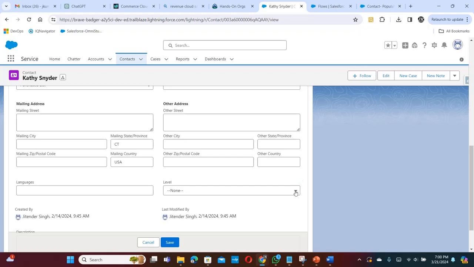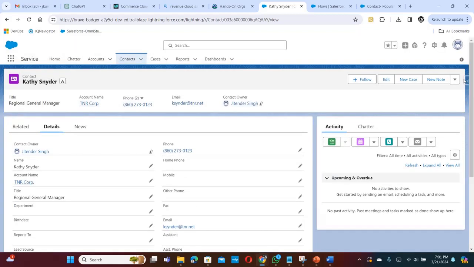So let's make it primary. So we have put the condition whenever user is updating the existing record and put the primary flag on it. So that the phone number and the contact last name, contact first name should populate on the account object. And whenever a user is creating new contact with the primary flag on it, it should work. So we'll see that condition as well. Let's save it